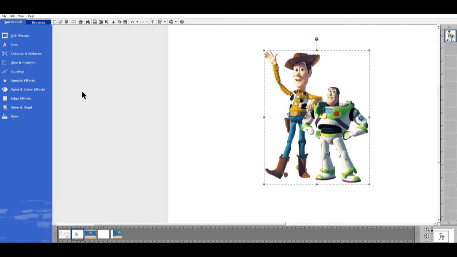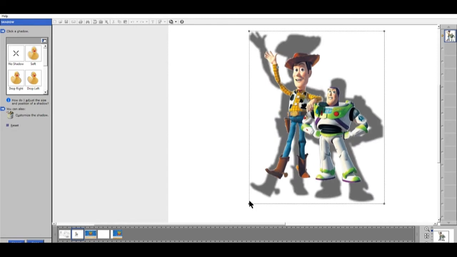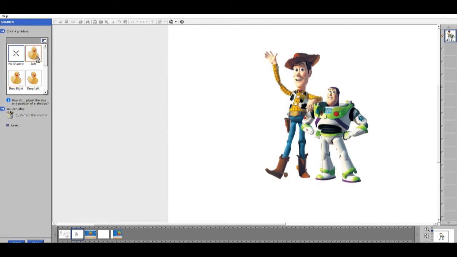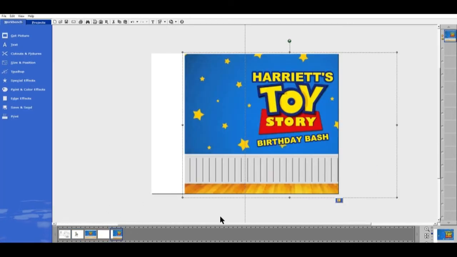And like I said, if you choose one that has a background, you wouldn't have to go through all this. I'm just going to drop a shadow to make sure that, as you can see, I have his vest in there and all the other pieces that I needed. So I'm going to reset that, just put a soft shadow around that, click done, and now I'm going to go back to my cover page,